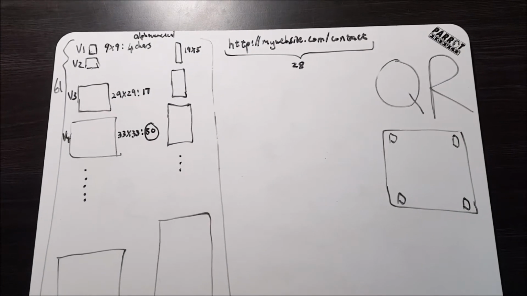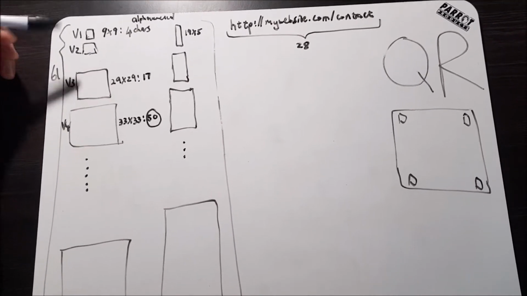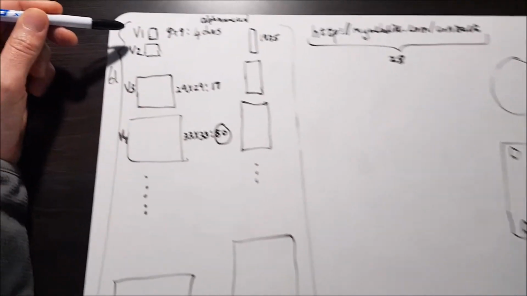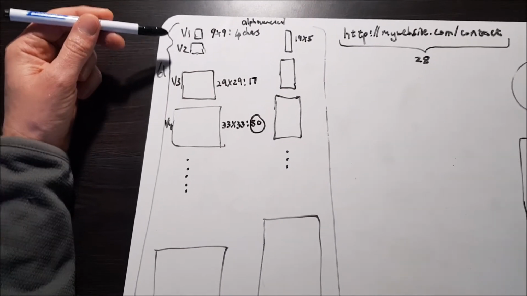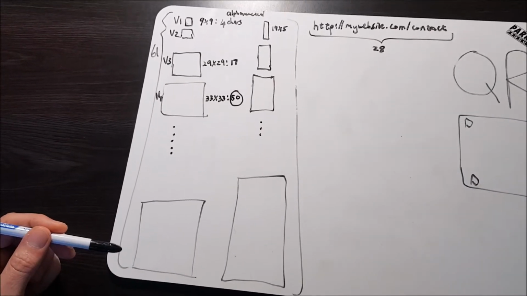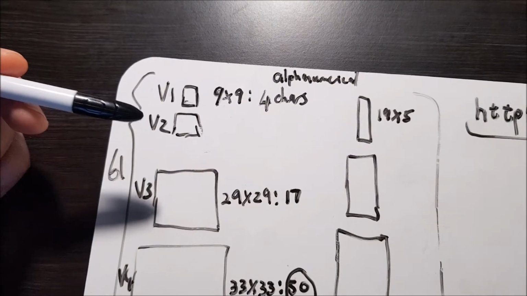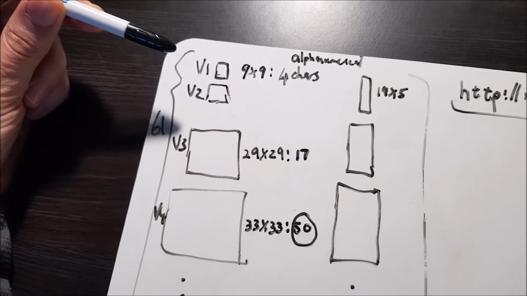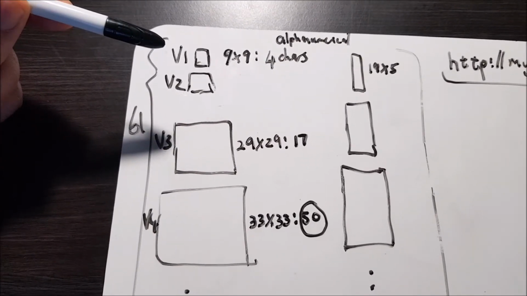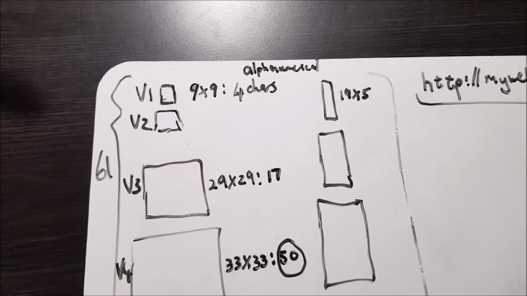If you look at the specification for QR codes, there are basically various versions of the QR code for different levels of detail. So if you look over here, for square QR codes, there are basically 61 versions that you can use. And each one of these square QR codes has a different amount of pixels in the width and height. Of course, in the square, the number of pixels horizontally and vertically will be the same. So on your smallest version 1 level, you basically have a QR code that can be 9 by 9